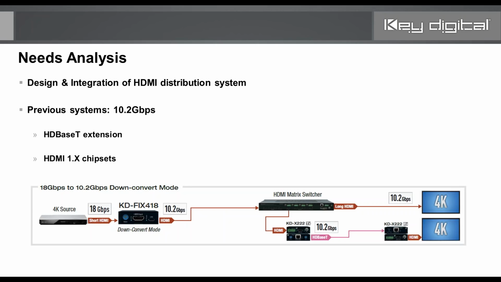However, HDBaseT technology was previously only capable of supporting a maximum bandwidth of 10.2 gigabits per second. HDMI chipsets, well, if we rewind only about 5 years ago, we will see the introduction of the HDMI 1.4 standard, which is where 4K video resolution was introduced, wasn't it? And with that introduction of HDMI 1.4, there were 4